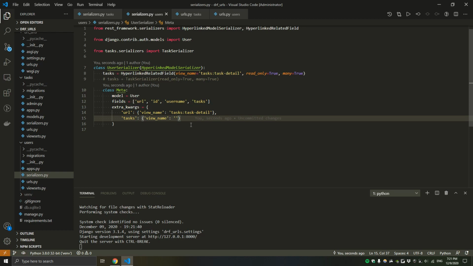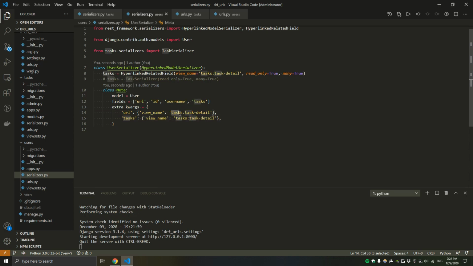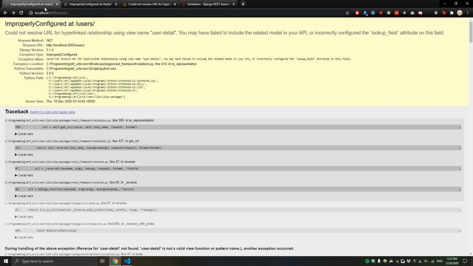So actually, here I'll do tasks:task-detail, but if you've already caught on, yes, you're correct. This one over here actually should be users:user-detail, because we're using the user serializer for the URLs. Okay,